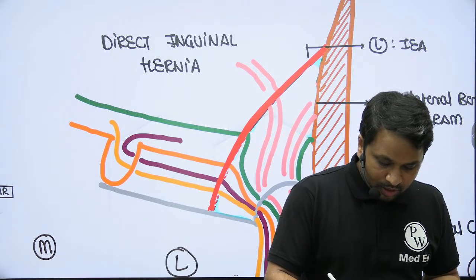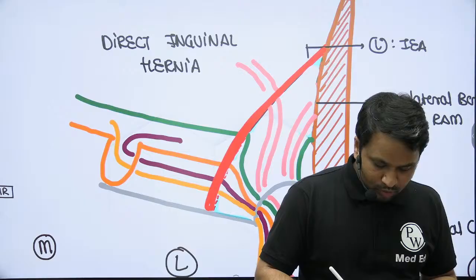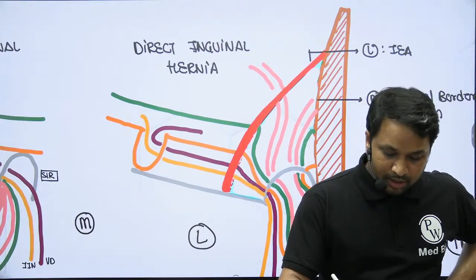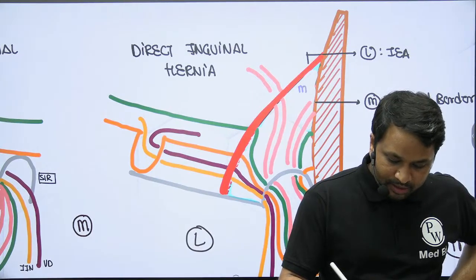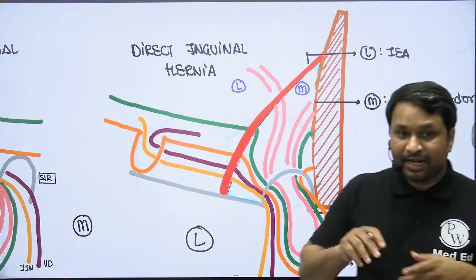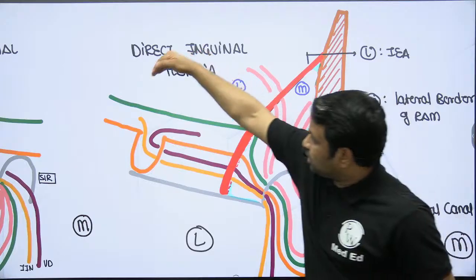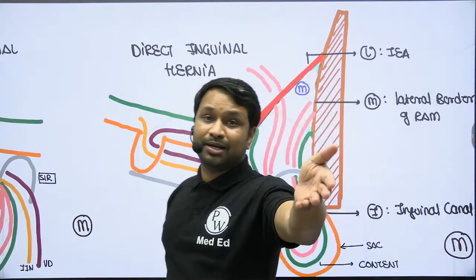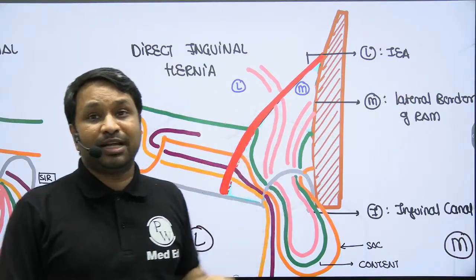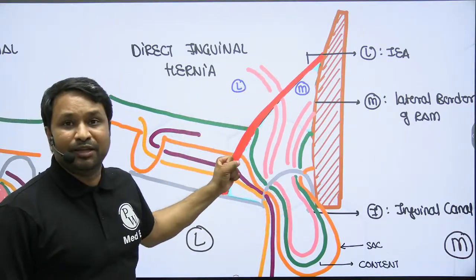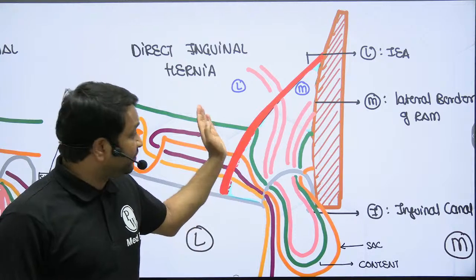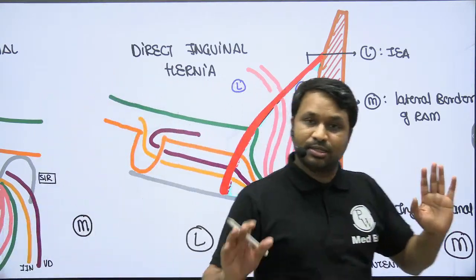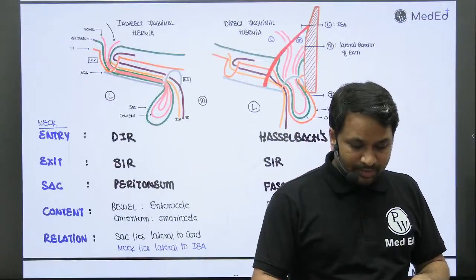ठीक है। तो अगर आप inferior epigastric artery you know where it is, now we say that inferior epigastric artery का medial और lateral कौन सा हो जाएगा? This will become the medial side and this will become the lateral side। तो मीडियल से एंट्री कौन ले रहा है? मीडियल से डायरेक्ट इंग्वाइनल हर्निया, इनडायरेक्ट तो यहाँ से आएगा ना, तो indirect inguinal hernia is going to be lateral to inferior epigastric artery, and that is how radiologists are going to tell whether it is an indirect or a direct inguinal hernia. They will map the inferior epigastric artery, see the defect is medial or lateral. If the defect is medial it is your direct inguinal hernia, if the defect is lateral it is going to be indirect inguinal hernia, simple, ठीक है।